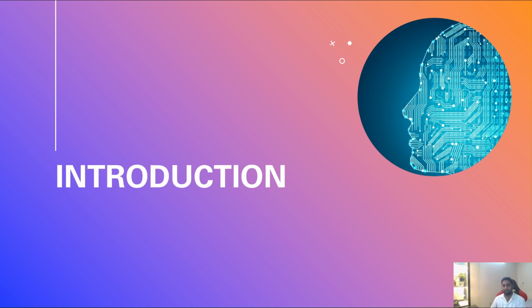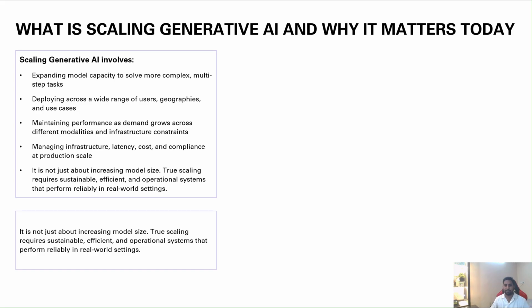So let's start with the basics. What do I mean by scaling generative AI? It's not just about making models bigger. It's about taking something that might work well in a lab or prototype and getting it to work smoothly and reliably in the real world. That means building models that can handle complex tasks, like jumping from GPT-3 or 3.5 to 4.1. And it also means making these models available to a lot of people across different use cases, regions,